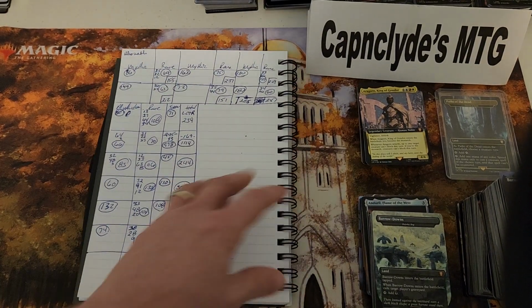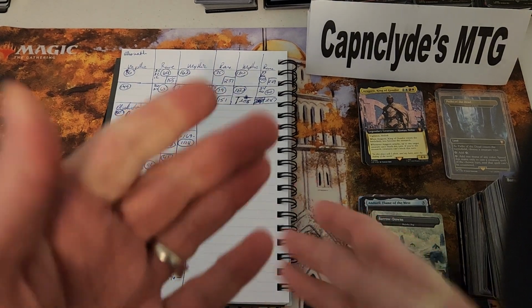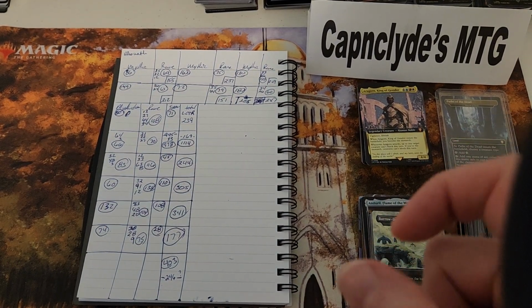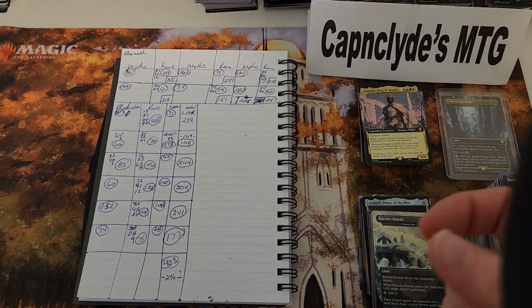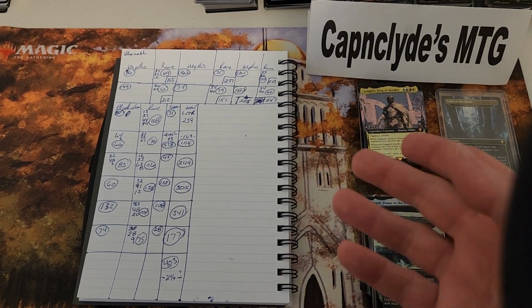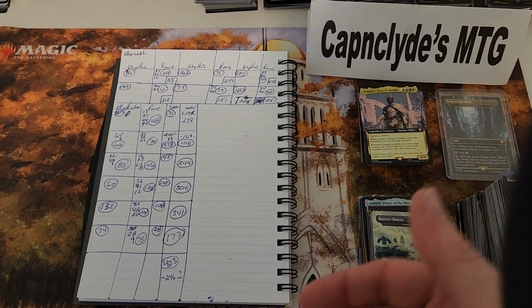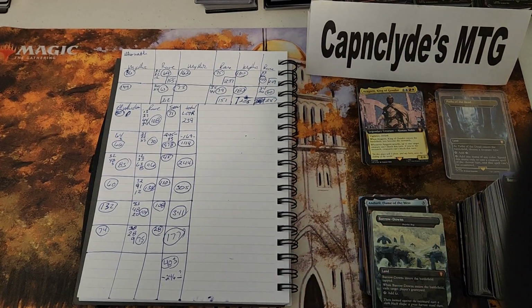The mythics need to be a lot higher than the rares, or the rares need to be a lot higher than the mythics. One or the other, they can't be the same. And the reason I say that is the only reason that the rares are that high is one of the rares is going for $40, so that's cool and all, but if you hit that one rare once or twice in a box, and all the mythics you hit are only around 5 to 10, there's no incentive to hunt mythics. So at the end of the day, I think this product is overpriced, or